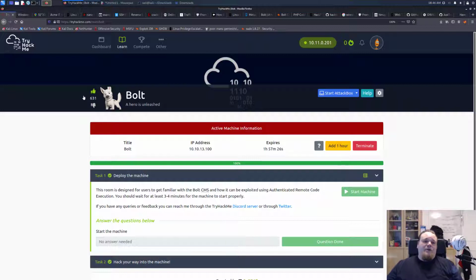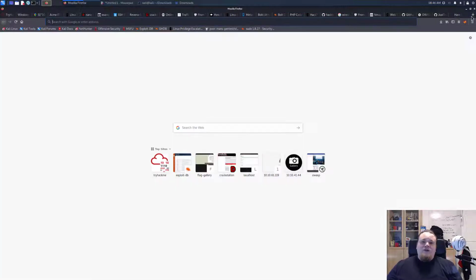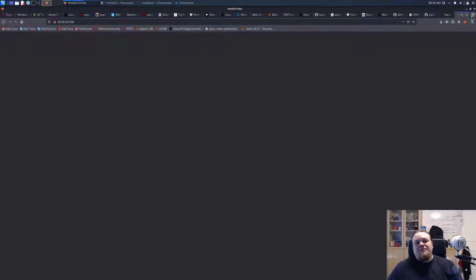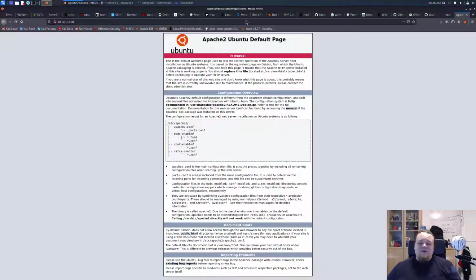The very first task we're going to do is to have a look at the web page. Now, we know the web page is called Bold, however, we don't know the actual address for it. We do have the IP, which is the way it works here on TryHackMe, that you access things through IPs in most occasions. So let's just assume that I went to the actual web page here,